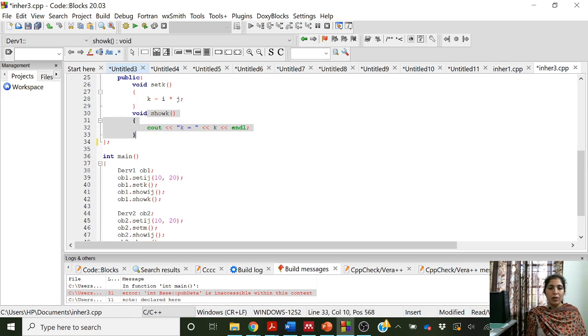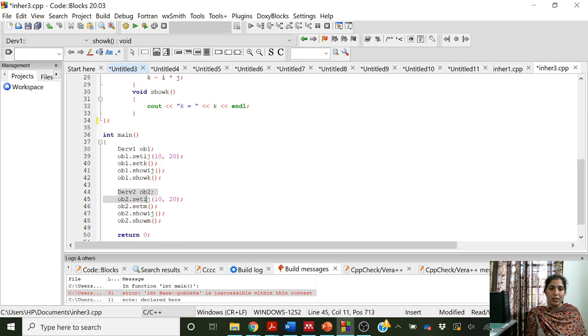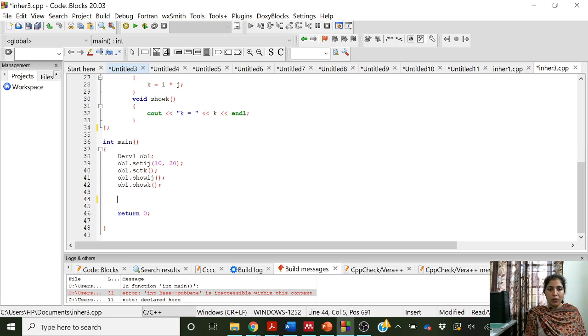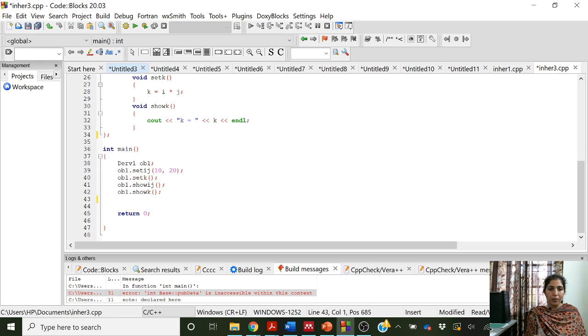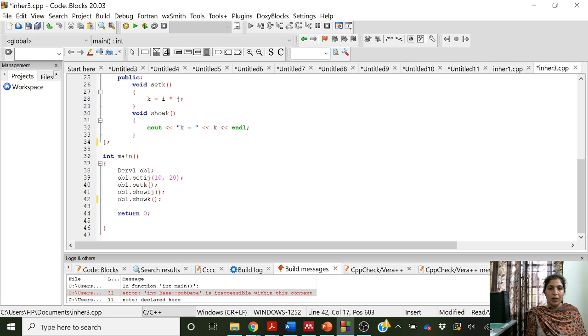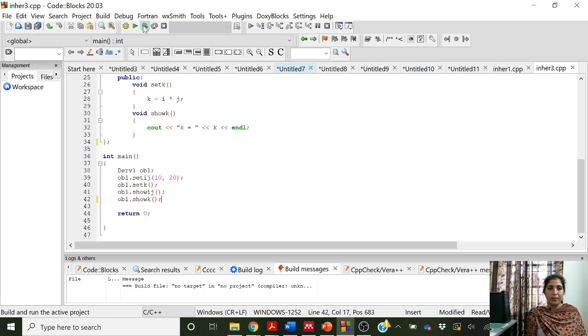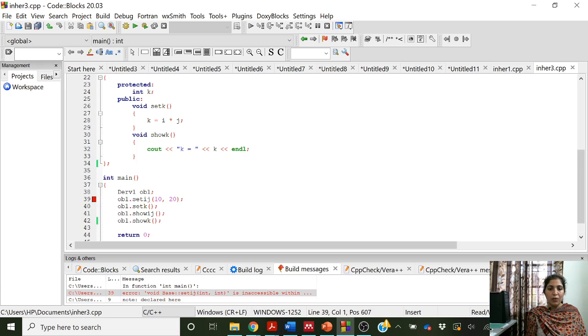Okay, so let us remove this code related to the derived 2 class, and now let us try to run this. So it is giving us an error. What are we doing here? We are trying to access set ij through an object of the derived 1 class.